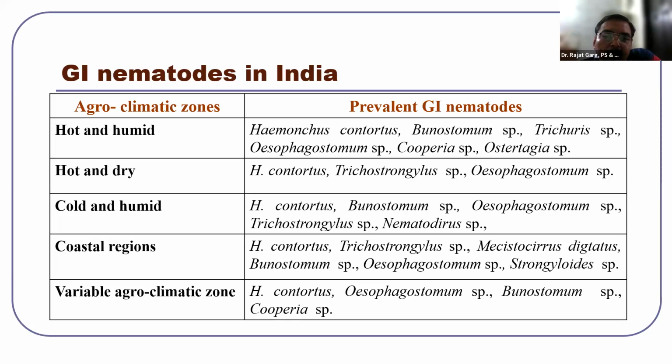If you go to hot and dry climates, you will again find Haemonchus there. You will find Trichostrongylus there, and another important one is Oesophagostomum. If you go to the cold climate, again Haemonchus will be there along with the others. In coastal areas, you will have Haemonchus there. In your area, too, Haemonchus is the most important parasite. In variable regions, you go anywhere, you will find Haemonchus contortus. Along with it, in most cases, you will also find Oesophagostomum, and the third is Trichostrongylus. Haemonchus, Oesophagostomum, and Trichostrongylus are the three most important gastrointestinal nematodes that cause very important